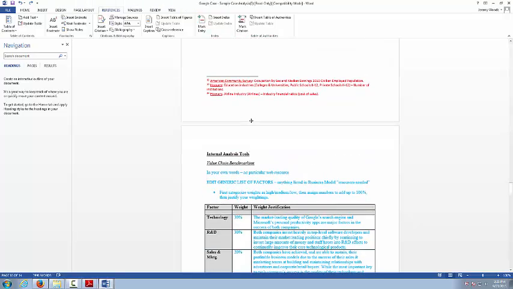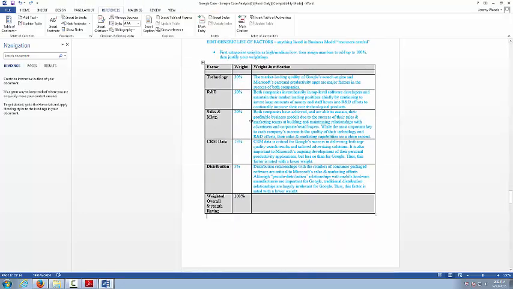And then internal analysis tools, there's just 2 here, but one of them is relatively extensive. So value chain benchmarking, you'll notice, is all in blue here. You're basically going to take the top factors from when you did the business model, where you had a certain list of resources needed. You're going to take those resources needed and title the rows here after them, and then you're going to say how important is each of those resources for the company to be successful. So in the case of Google and Microsoft,